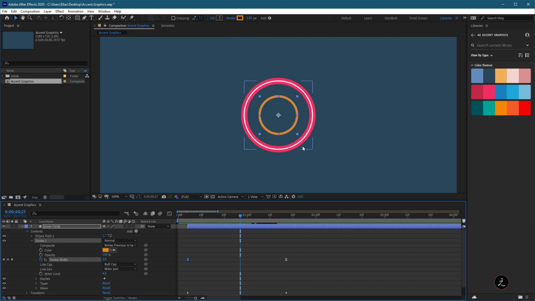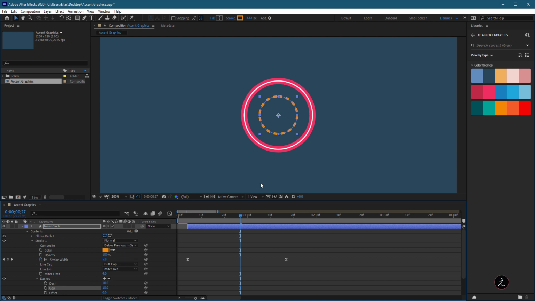Okay, circles look good, but we can also have a bit of variety here. So instead of a circle, I can actually have dots, just dots. And the way we do this is inside the dashes. So if you hover over the plus icon here, it says add a dash or a gap. In this case, I'm going to do both. Click on the first one. We got a dash. Click again, you have a gap.